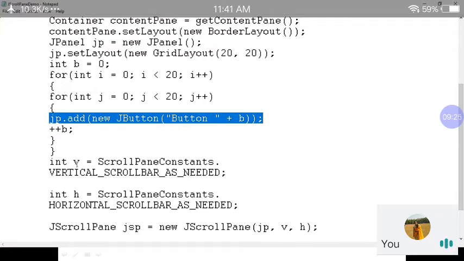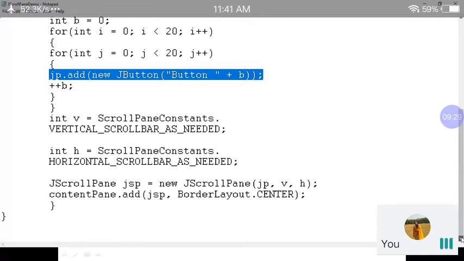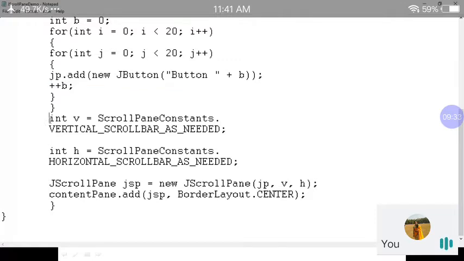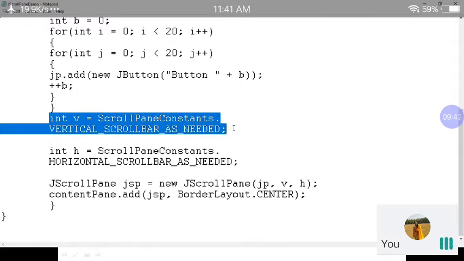Now I have to initialize my two constants. The first constant is int v equal to ScrollPaneConstants.VERTICAL_SCROLLBAR_AS_NEEDED, meaning when it is needed, then my vertical scroll bar will be added on my applet.